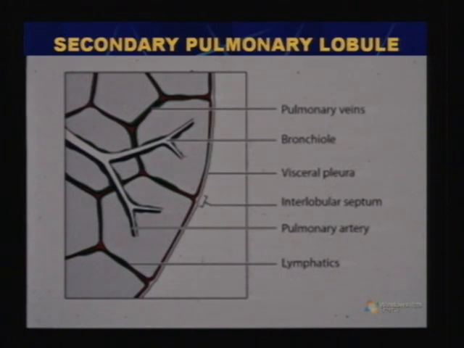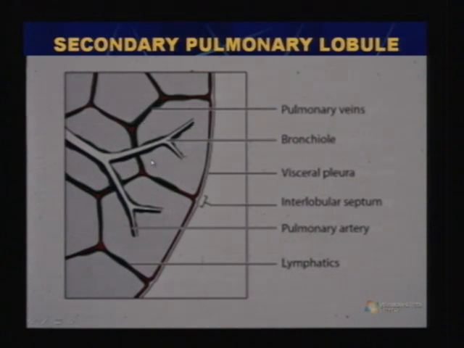Now, to understand various radiological features on CT scan, it is important to understand some basic terminology, and this is what I am going to tell you: what we mean by a secondary pulmonary lobule. This is the smallest area of the lung which is surrounded by fibrous or connective tissue septa. As you can see here, this is the pleural lining, and this is the interlobular septa, and in the center we have the small respiratory bronchiole along with the artery, and this supplies the whole of this lobule,